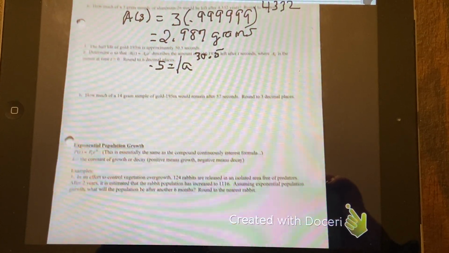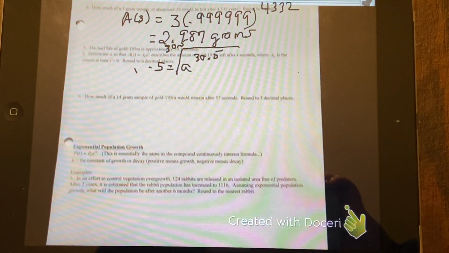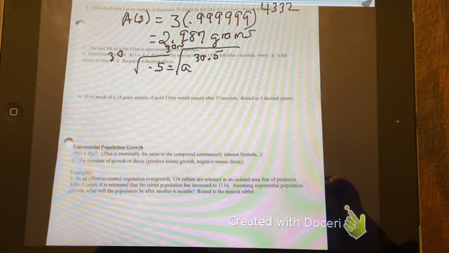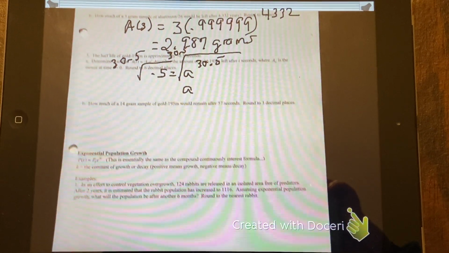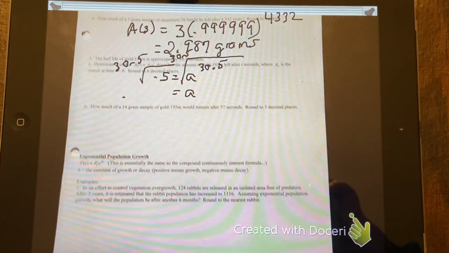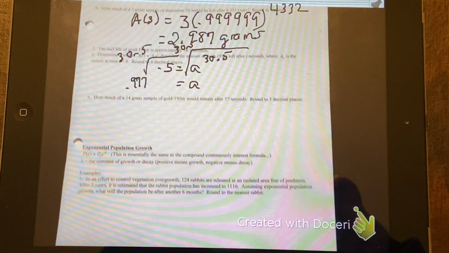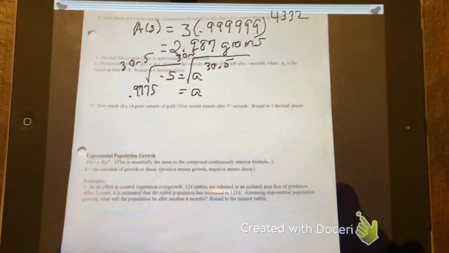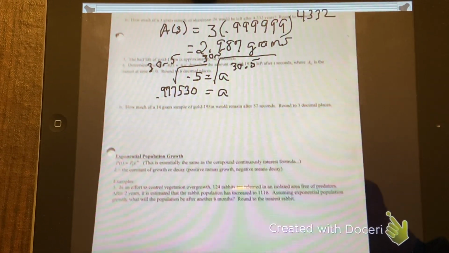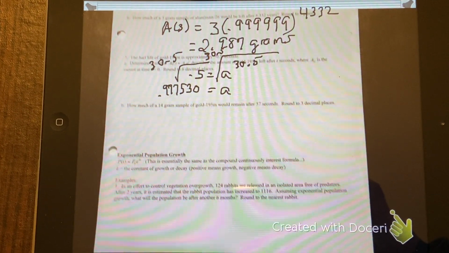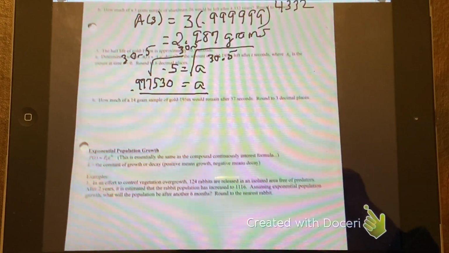So just like I did on the previous question, I'm going to take the 30.5 root of 0.5. And that's going to give me, now again, you know how Hawks is, they don't like you to round, so I would string it out several decimal places. It tells us 6 decimal places is what you're going to use. So 0.977530